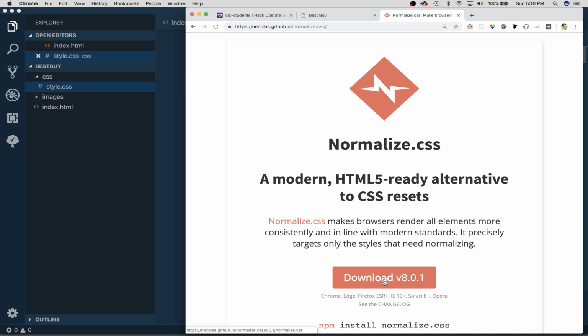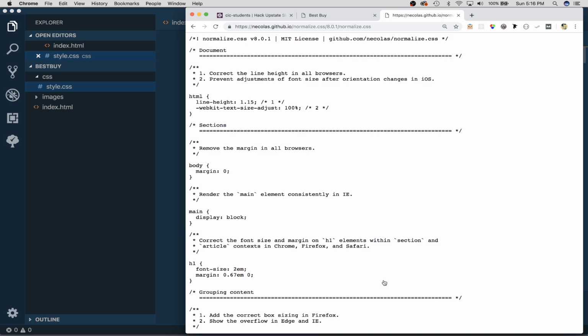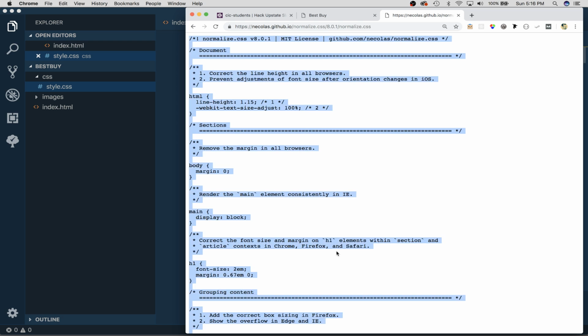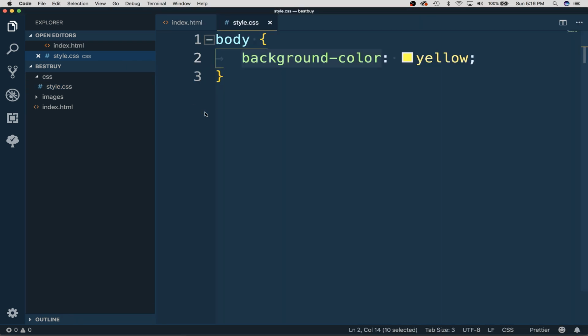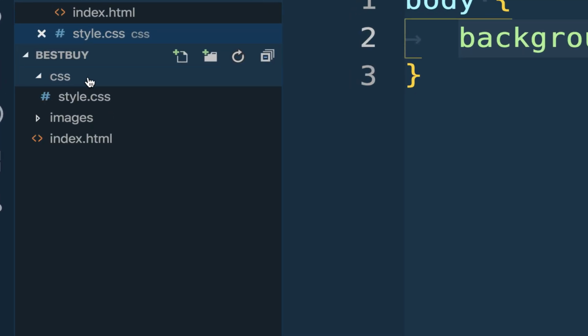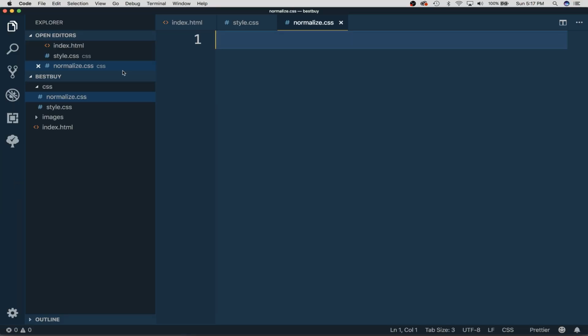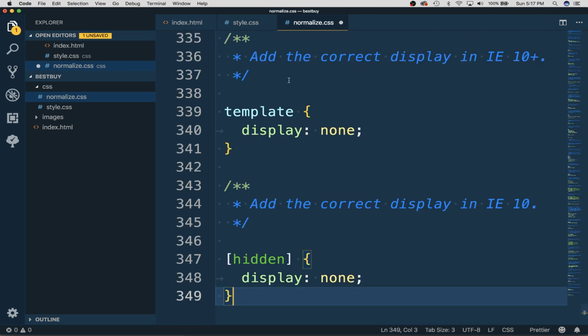So I just click on download. It shows me all the code for normalize. It didn't download anything. I like to select all, Command A, copy, Command C. And don't paste it into your style sheet. Let's organize it and add it as its own separate CSS file, normalize.css. And paste and save. If I hit save and refresh right now, it doesn't do anything